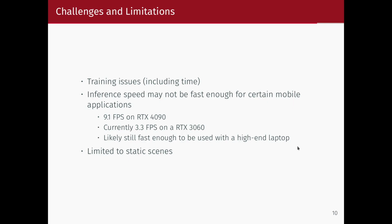I'd briefly like to discuss some challenges and limitations of our setup. One of them is that we have significant training issues with the diffusion model, namely because these diffusion models take quite a long time to train. Another issue is that diffusion models are slow, meaning that inference may not necessarily be fast enough for certain mobile